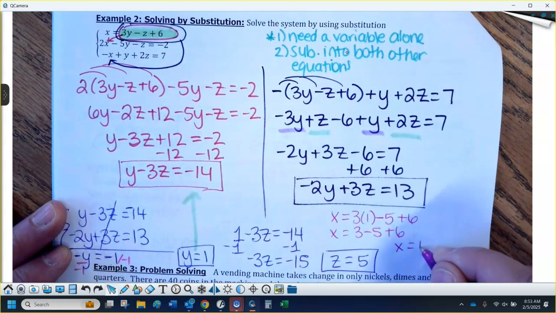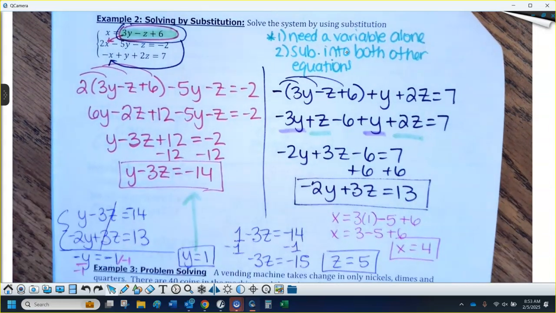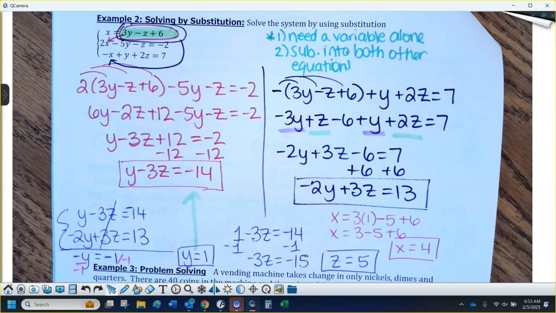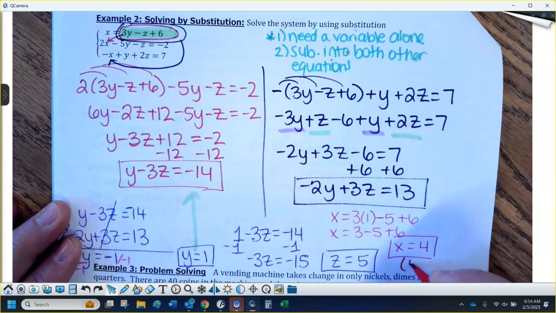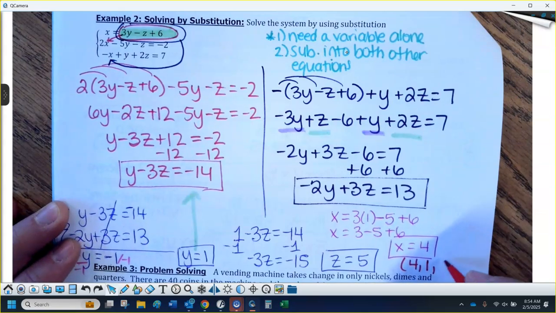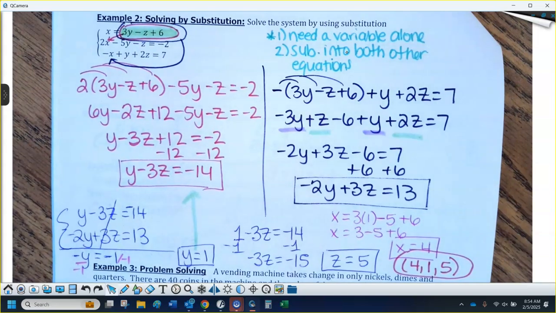So I would get 4, right? I know that's a lot of work. But I have all 3 of those coordinates to write it as an ordered triple, if you prefer that. As long as you show me what each variable is, that's totally fine. But x is 4, that would go first. y is 1, that would go second. And then z is 5, so that would go third if you want to write it as an ordered triple. If you want to just put x equals 4 and